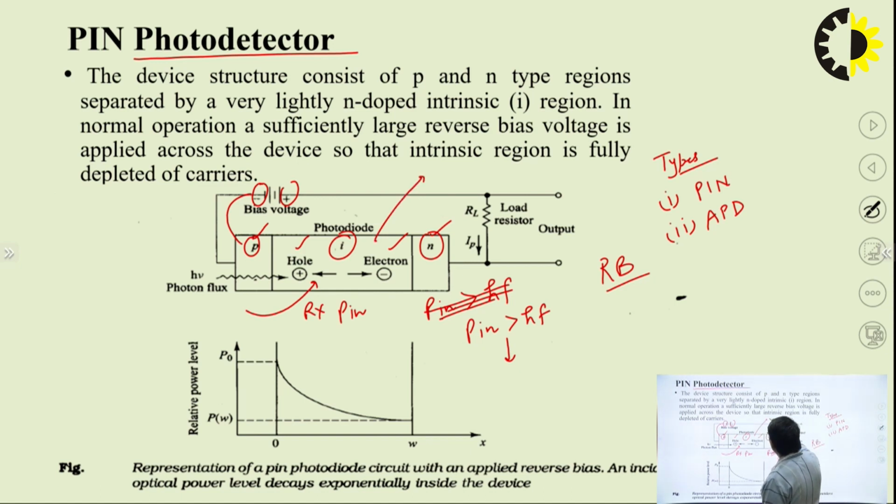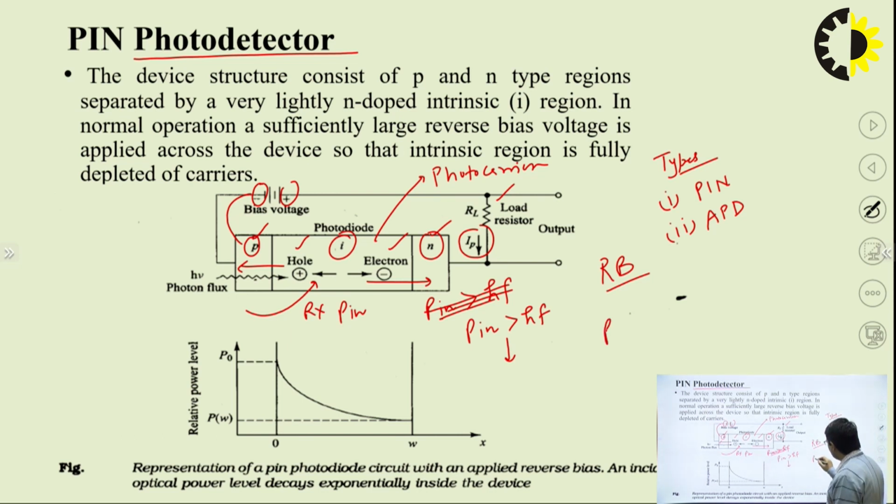generated. So, this will result in photocarriers, and under the influence of reverse biasing, these photocarriers start moving, and due to the motion of these photocarriers, a current, known as photocurrent, is produced across this load resistance. That is,